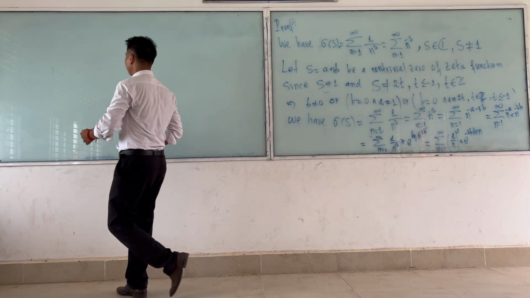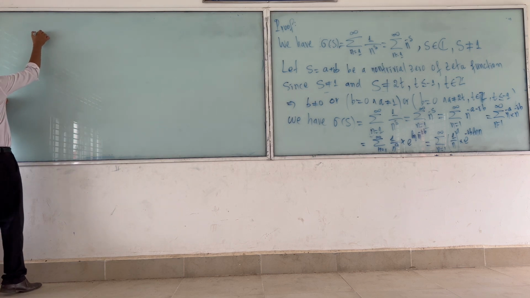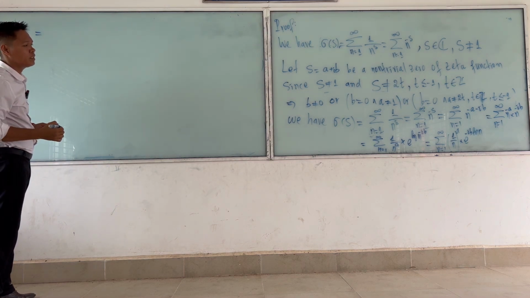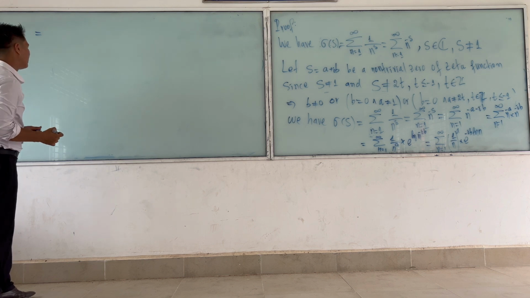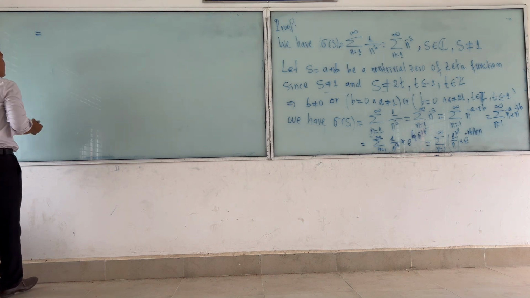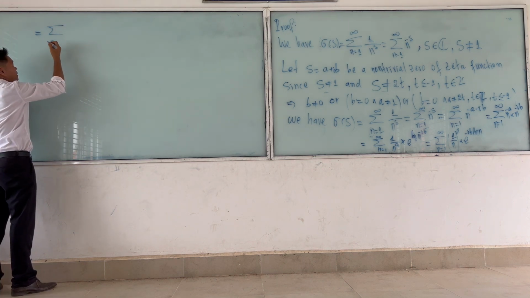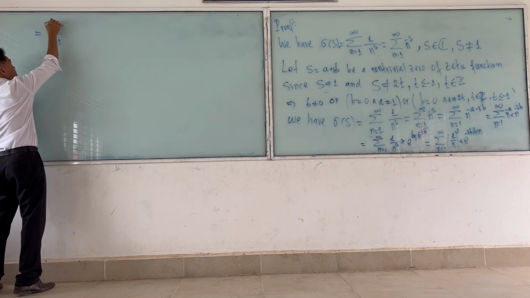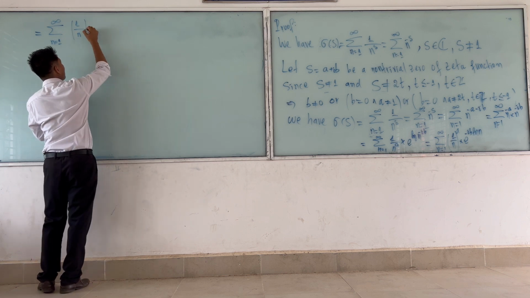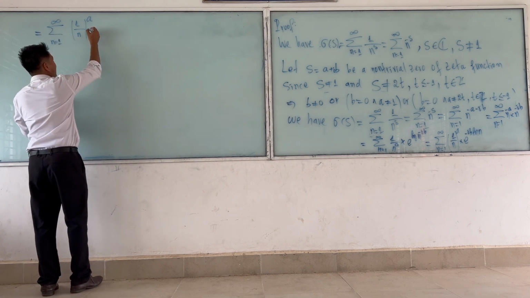So we continue to simplify. The sum over n from 1 to infinity of 1 over n^a times e^(-ib ln n) equals the sum, like I told you, I call it sum or sigma, n from 1 to infinity of 1 over n^a. And this one I can rewrite